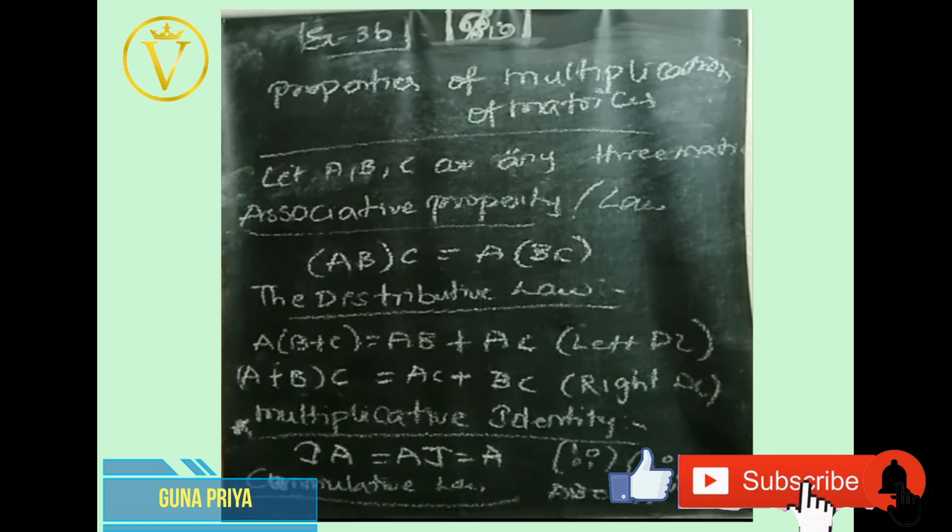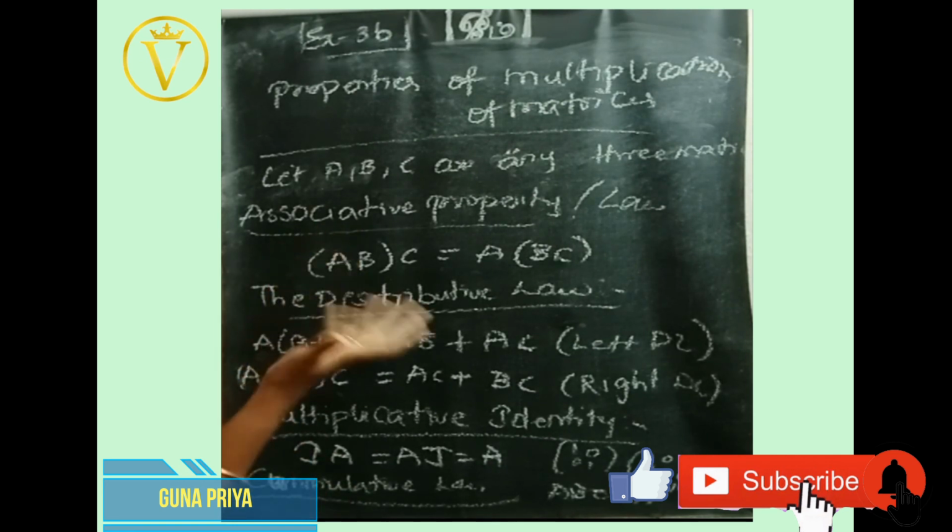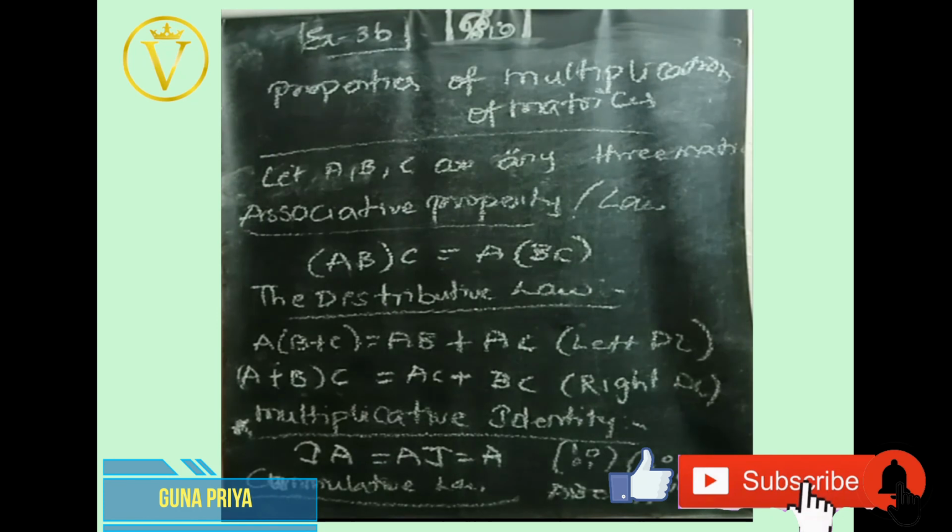Okay. In this section, we have learned the multiplication of two matrices and some properties. We have completed exercise 3B. If you have any doubts in this exercise 3B, you can comment in the comment box. In the next section, we will discuss 3C, that means transposes and everything. That is also very important. So we will discuss it in the next section.